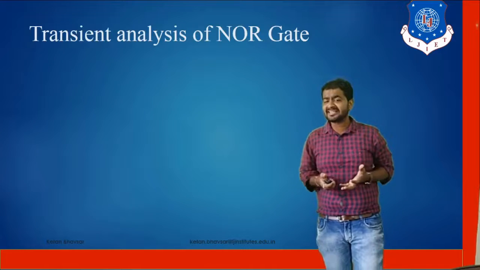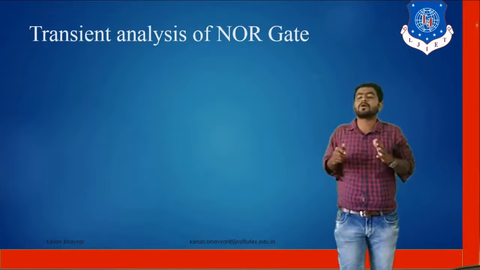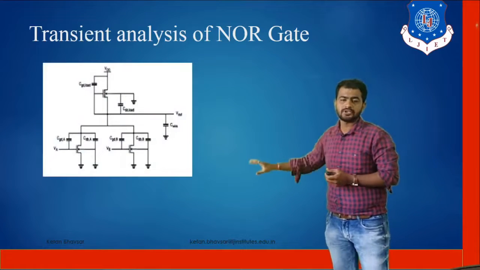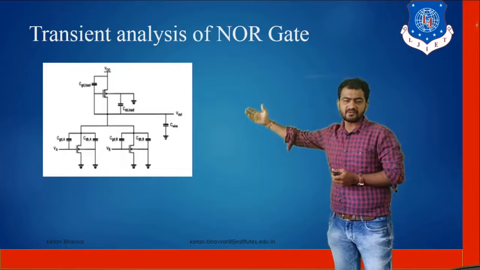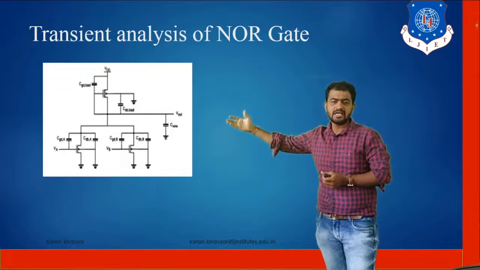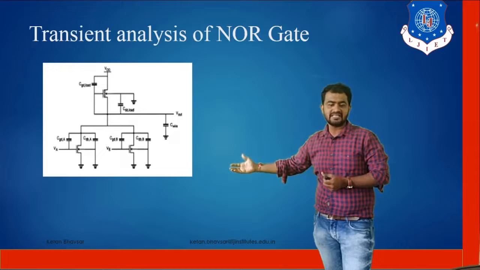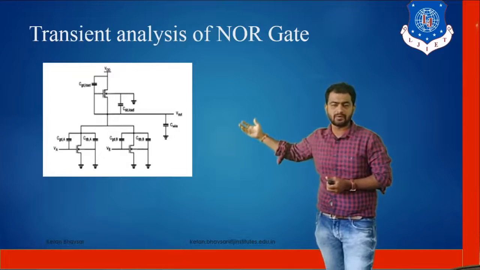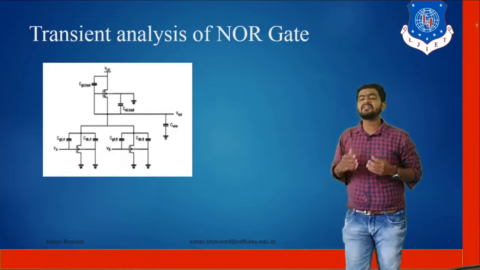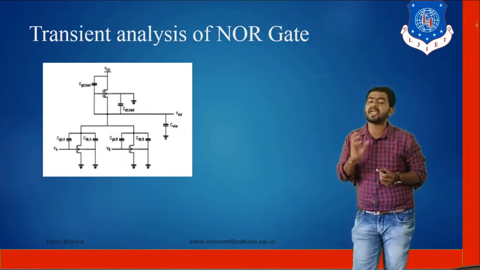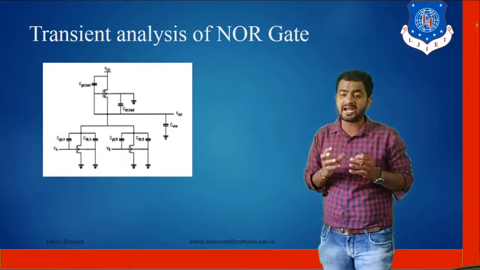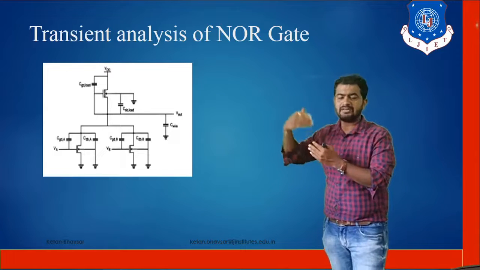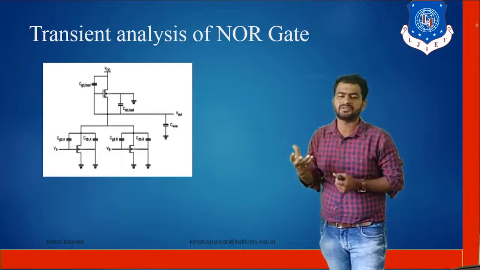Now we are talking about the transient analysis. In the transient analysis, we calculate the capacitance for the particular NOR gate. As you can see, for the two inputs we have different types of capacitance: CGS, CGD, CDB configuration, C load, and wire capacitance. We have considered the different types of capacitance, and these capacitances play a main role when switching is established between the input terminals. Meaning, the capacitance will be established when we provide the inputs, right?